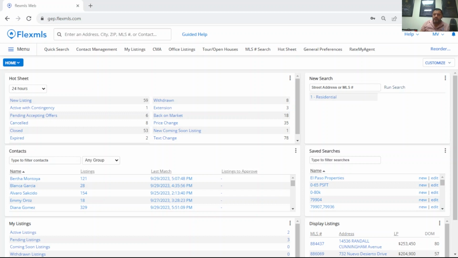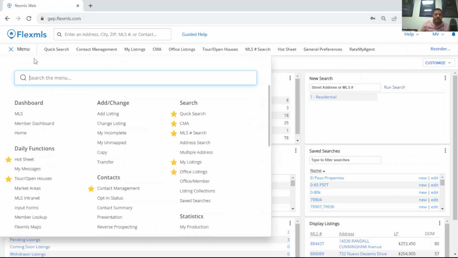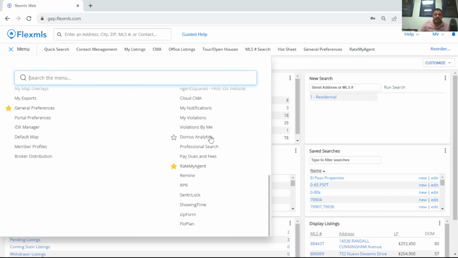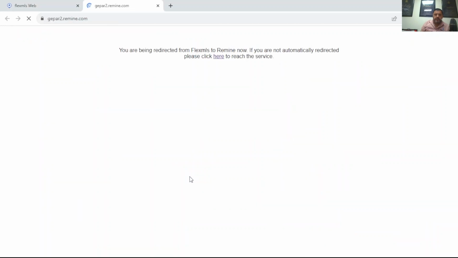First thing, we're gonna go into our MLS system. I'm already in here, and I'm gonna go to menu and scroll all the way down to your right hand, and we're gonna find and hit Remine. If you want to put in a shortcut on top of your menu, you can select the star. It's gonna show up here. Okay, so you're gonna click on Remine,